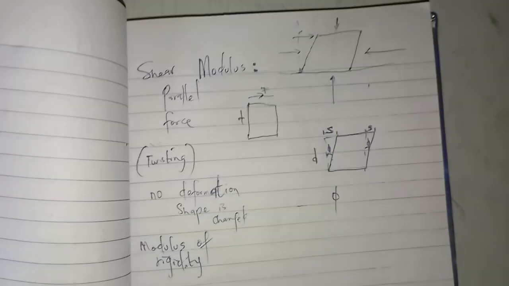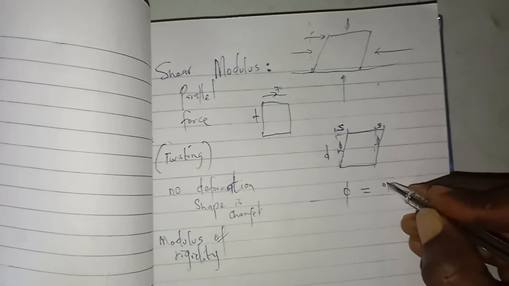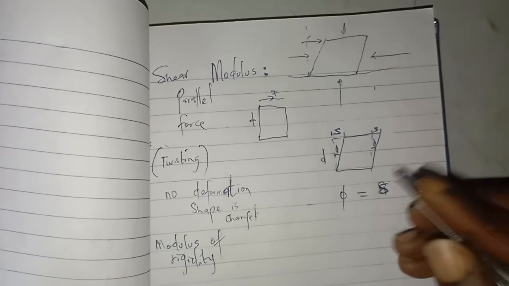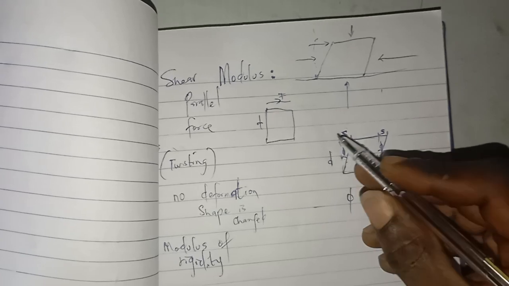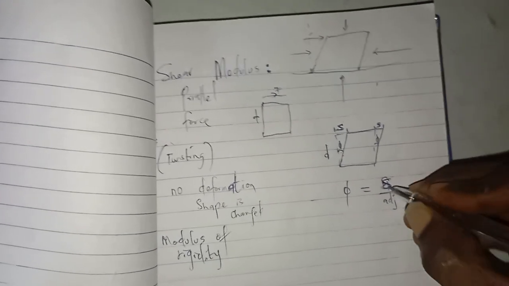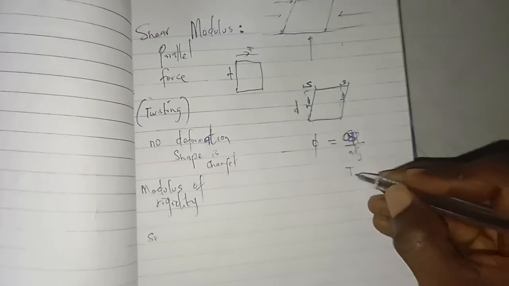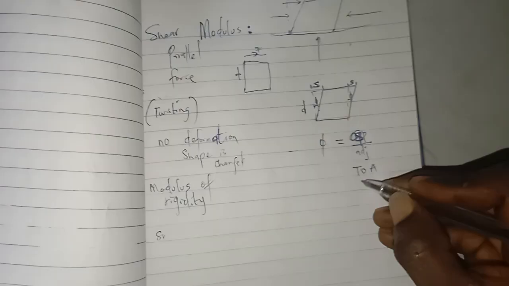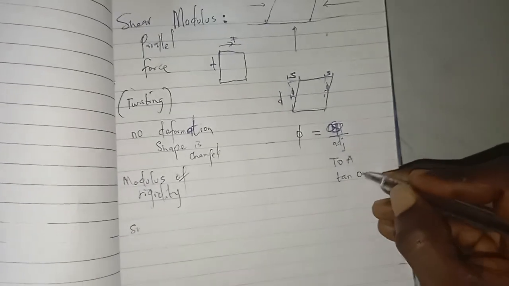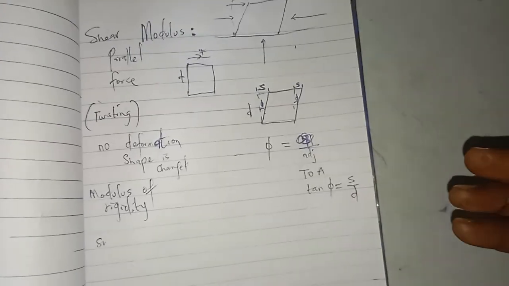So this phi now is equals to, let's check. What is opposite? That is S. What is here now? Should be the adjacent. S over adjacent. That is opposite over adjacent. And that means tan phi is equals to S over D. So if that be the case,